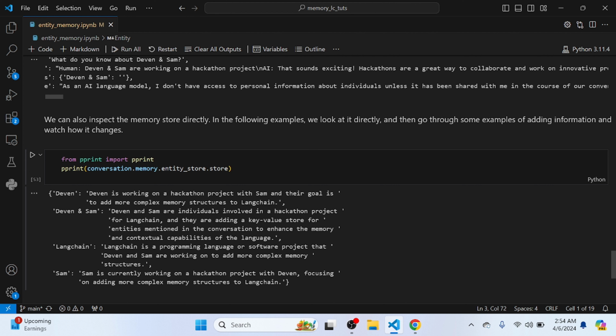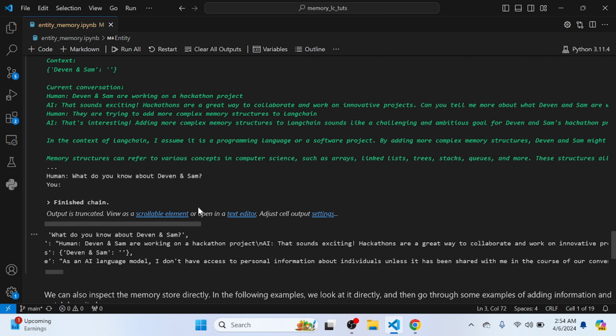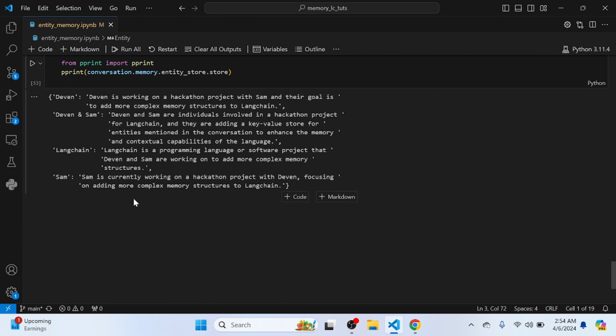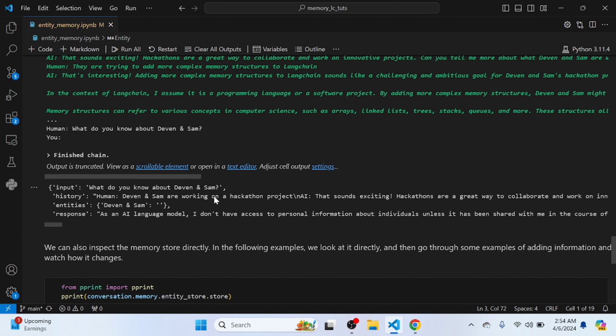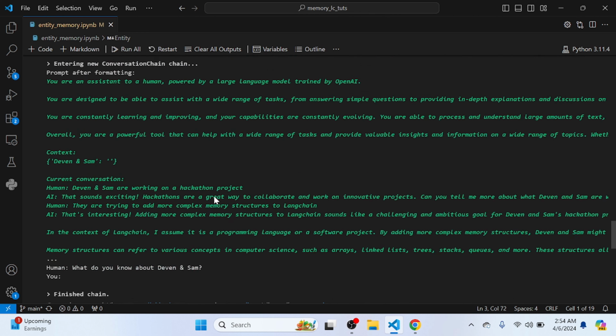It has combined the two inputs. Then Devon and Sam: they are individually involved in the hackathon project for Langchain, and they are adding key value store entities mentioned and contextual capabilities for the language. Then if you see the Langchain key, it is also telling something about Langchain that we already saw in this prompt. And then we have Sam, who is currently working on a hackathon project with Devon, and so on. So this is how you can also watch the entity store, and definitely you should use a powerful LLM model. Now where it can be useful,